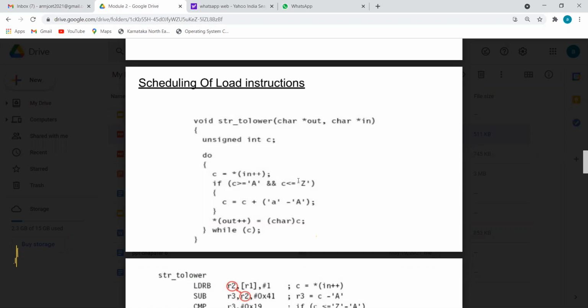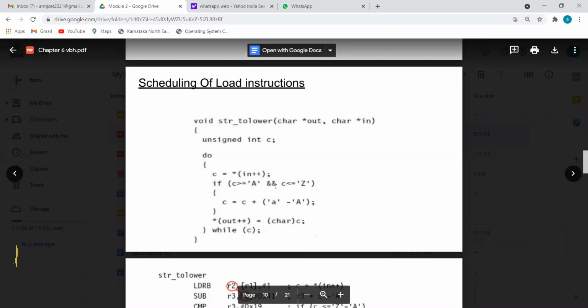Capital letter A is 65 and capital letter Z is 90. Anything you type, like capital Y, capital P, will all be between 65 and 90. That is what we are checking. If yes, then the input is correct.